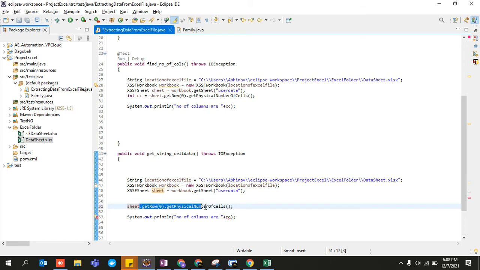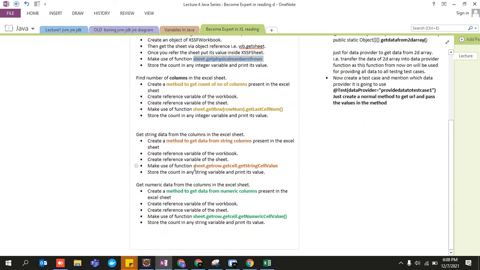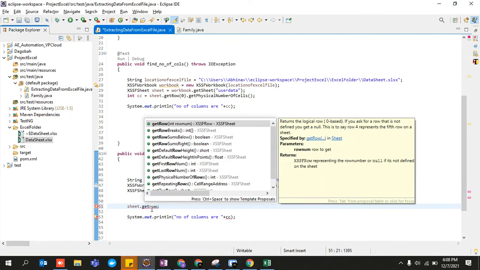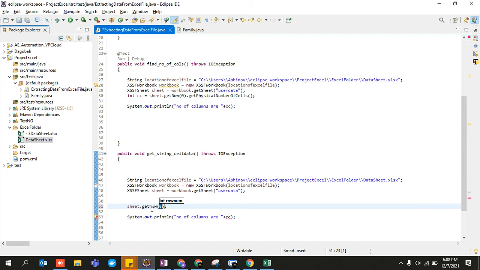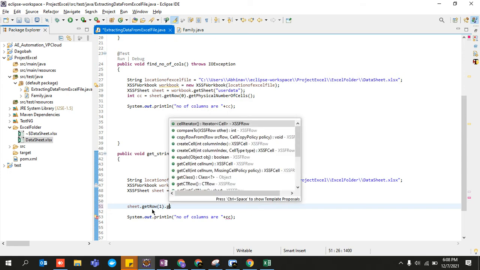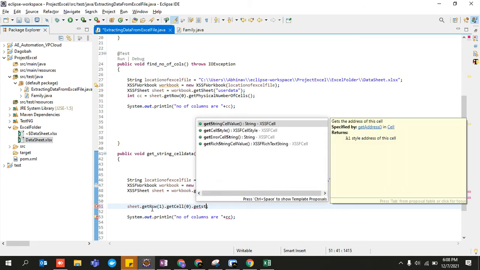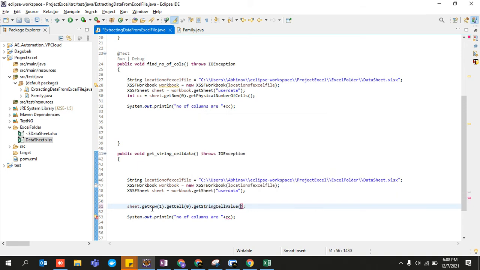Over here you need to make use of another function that I have already written there. sheet.getRow and which cell, and getStringCellValue, which row and which cell. Okay, so sheet.getRow. Let's say I don't want the first, row 0 data, I want row 1, .getCell(0), cell 0, and .getStringCellValue.